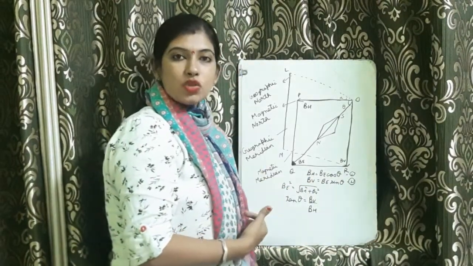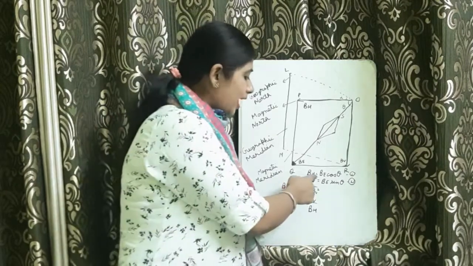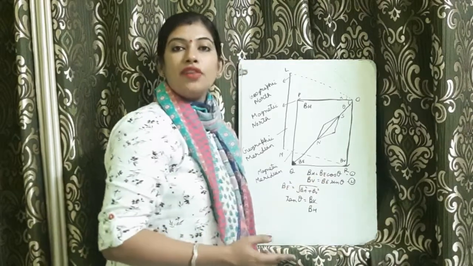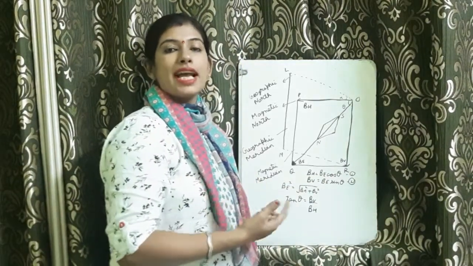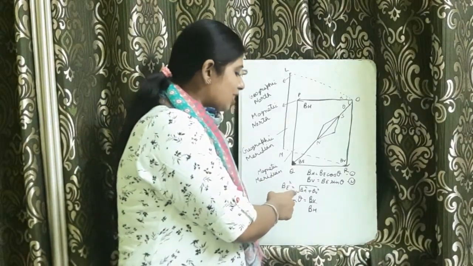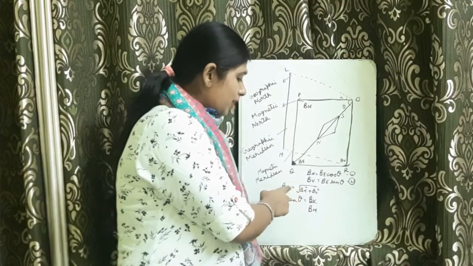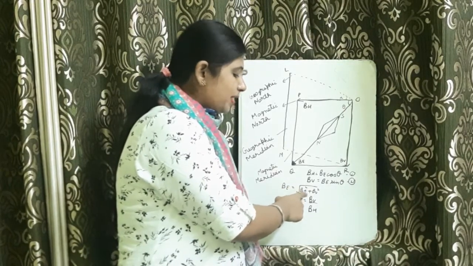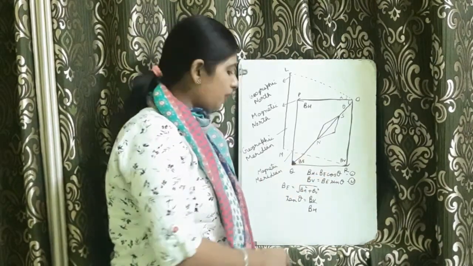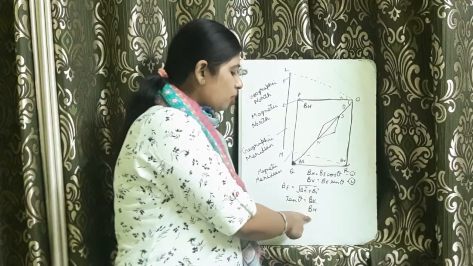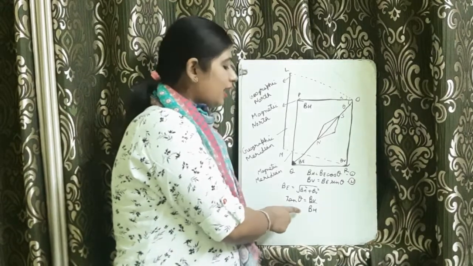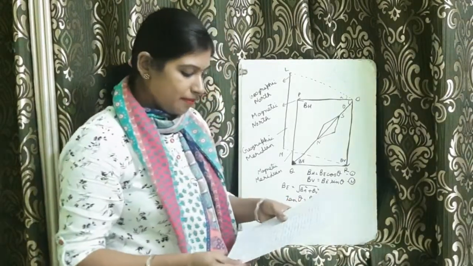When we add these two equations, we have BH square plus BV square is equal to BE square, taking BE square common, and we know the identity cos square theta plus sin square theta is equal to 1. So we come to the equation BE is equal to under root of BH square plus BV square. When we divide equation 2 by equation 1, we have tan theta is equal to BV by BH. And if we have to calculate the value of theta, it will be tan inverse BV by BH.